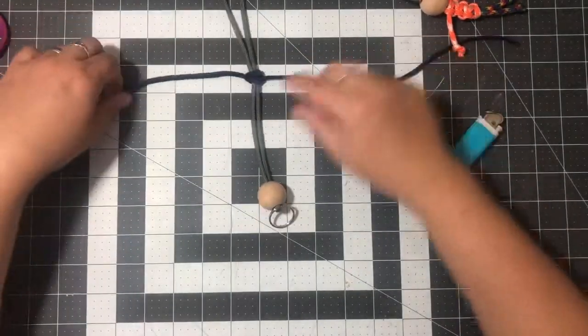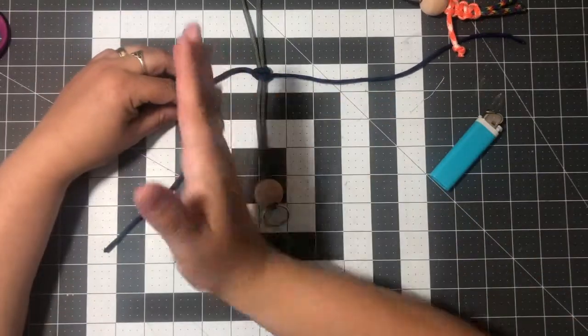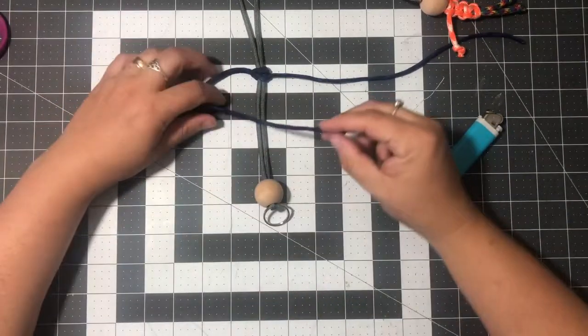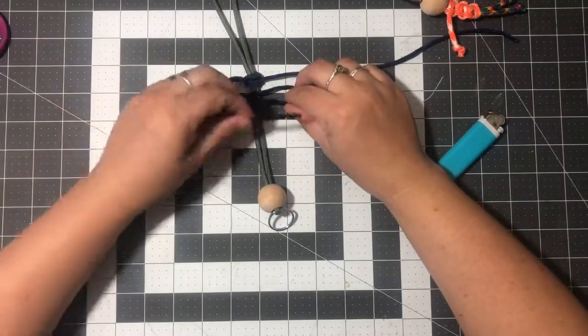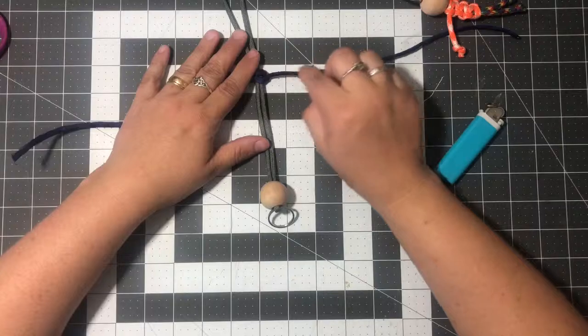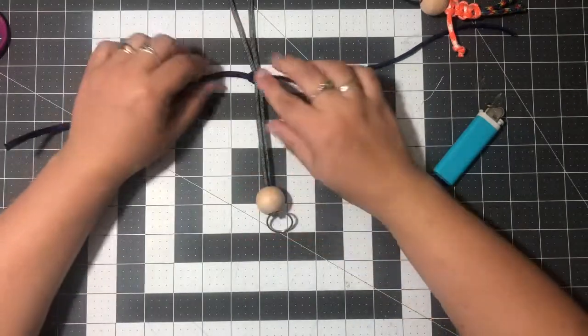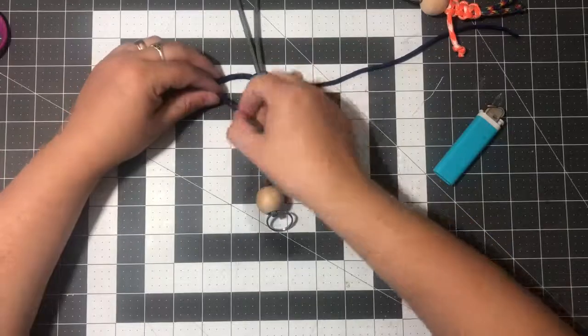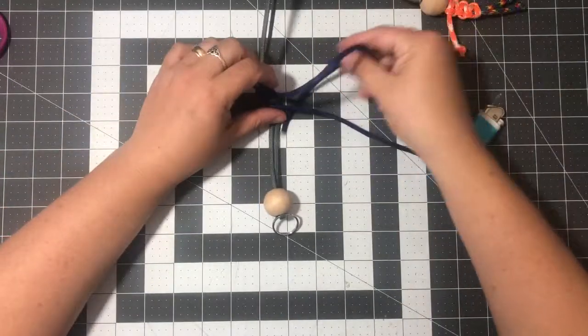Now, you're going to keep this same side. This particular string is going to go over the top. It's going to go back and forth across the top like this as we weave, and this one is going to go back and forth across the back of the legs. And what I tell my kids when I'm teaching them is we make the dragonfly wings,